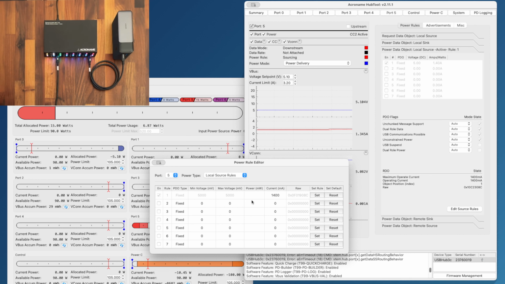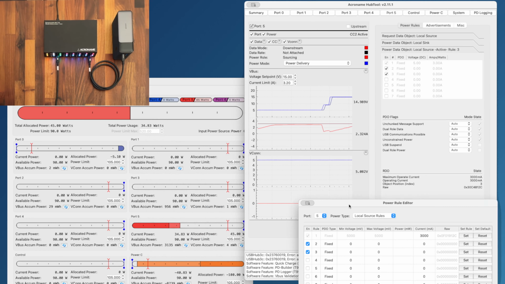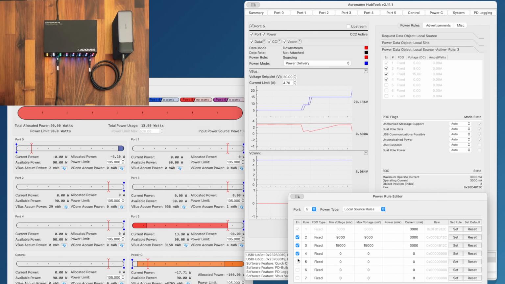Okay. Now let's reset that back to its default rule, which is 3 amps. See that come in, and that power rule comes back up here, and we can step back through enabling all those power rules, and we can see that power just climb